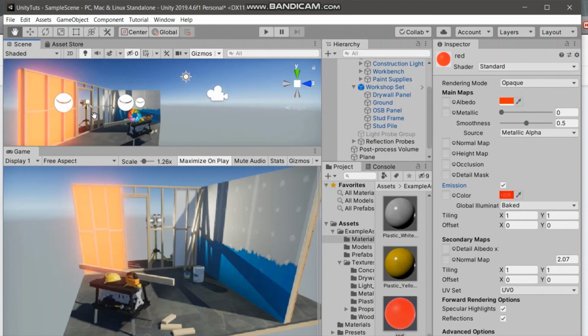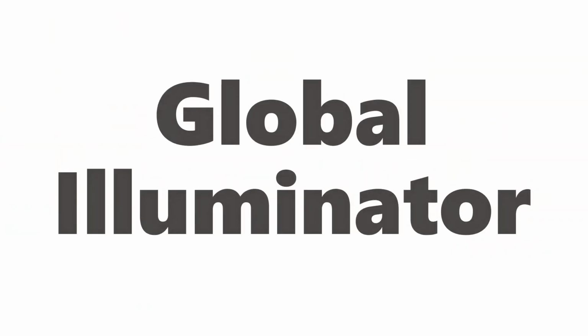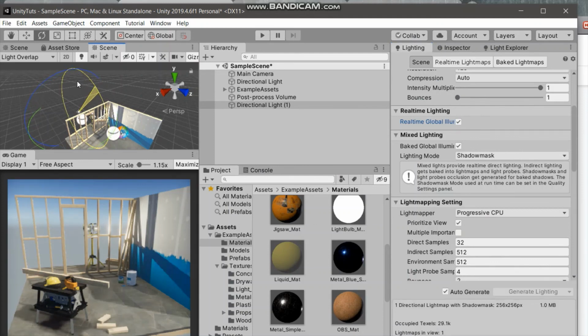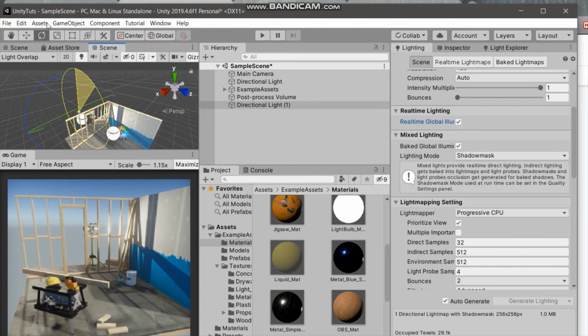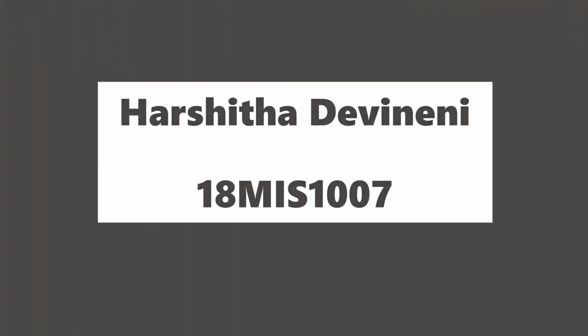You can clearly see that there's an emission down there on the ground, on the floor. Next, it's a global illuminator. You can see this by adding another light source. You can see how distinctly shadow is cast while we change